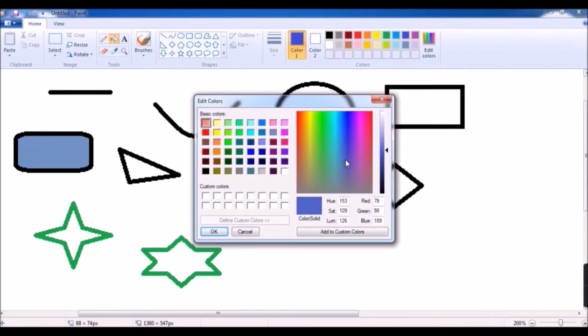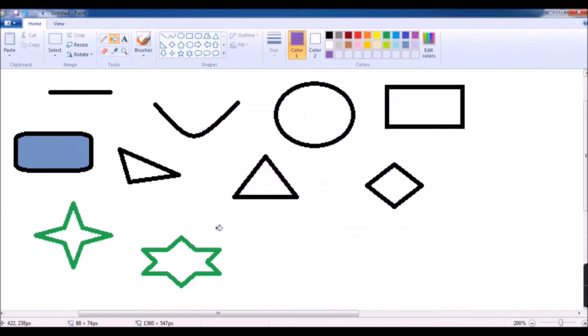From here you can create a new color if you want. You can see the color solid. The color will become like this. Click the OK button. See, the new color comes. Then click where you want to fill the color.